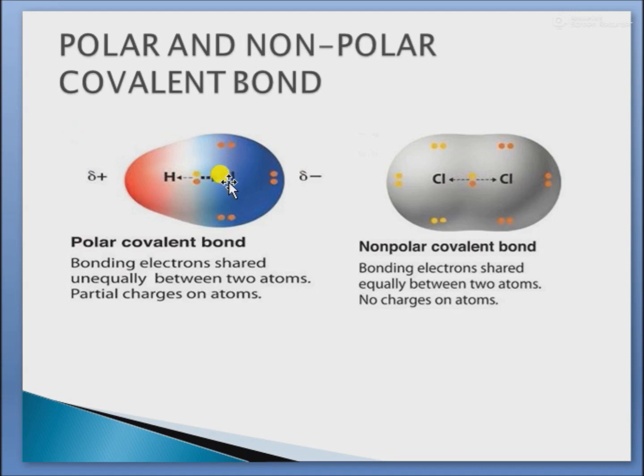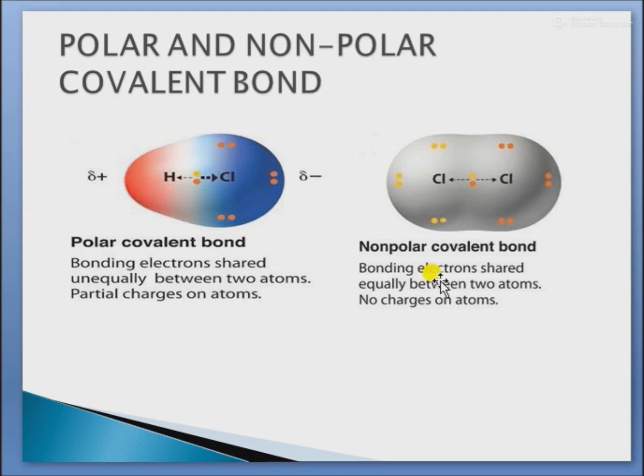It means chlorine takes away the electrons of the bond. It means the electrons are unequally shared between hydrogen and chlorine, chlorine acquires partial negative charge and hydrogen acquires partial positive charge, and this bond is called polar covalent bond. Similarly, for example ICl, in which Cl is more electronegative than iodine and it pulls the electrons towards itself and carries partial negative charge, and iodine carries partial positive charge.